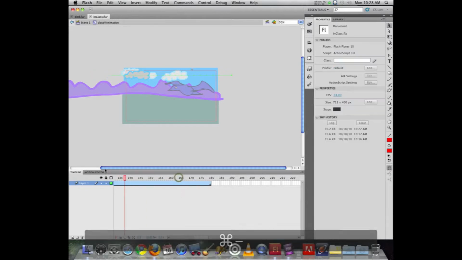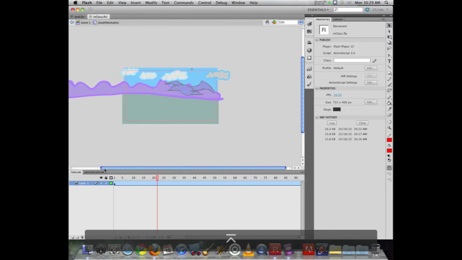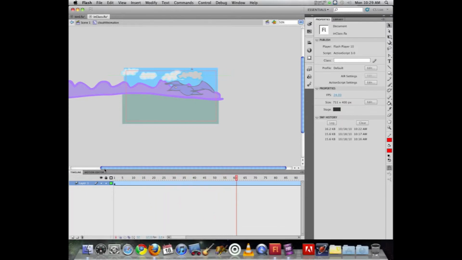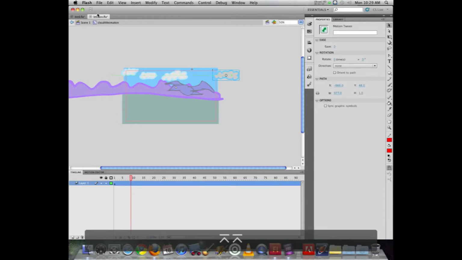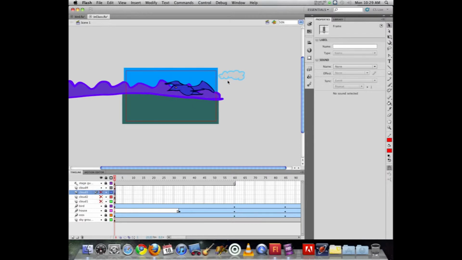So there is now my cloud, and it will move in a pokey manner across the stage. See, and look at that. Okay, so now if I go back to the main movie, and if I turn off the other clouds, we can see here is my cloud. Now if we take Cloud 4 and just let this exist for a while,